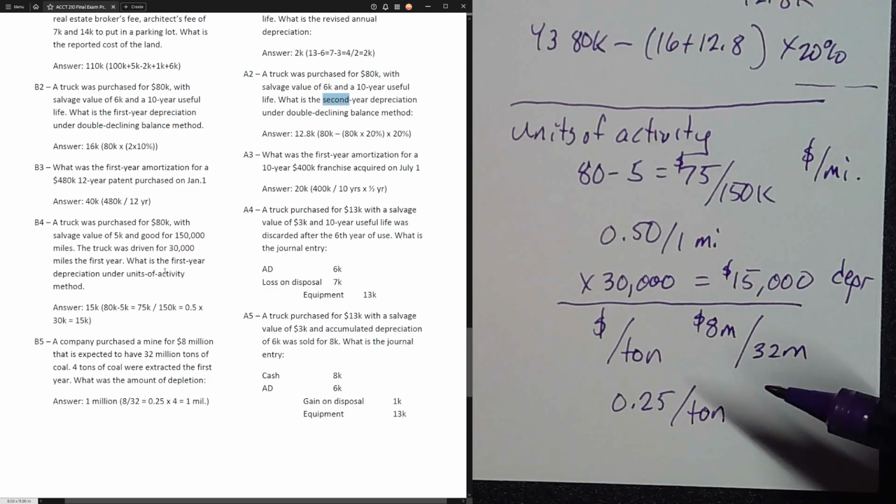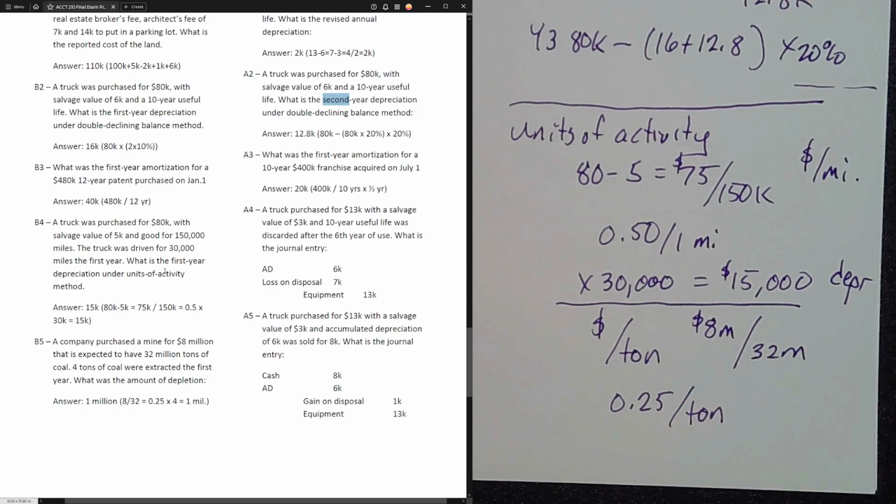I don't know if that's realistic or not. But anyway, rather than get the number wrong, if you divided 32 by 8, you would get 4, you would mistakenly think it's $4 per ton, but really what you're saying is 4 tons per dollar, which isn't helping you calculate anything. So here, if we extracted 4 tons of coal, were extracted